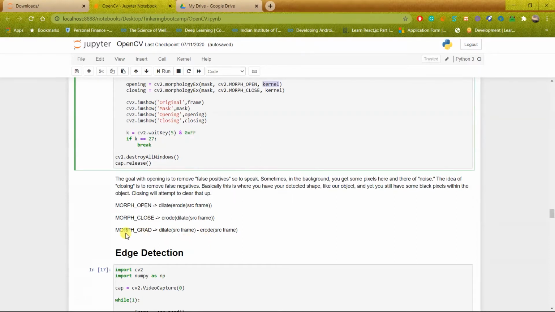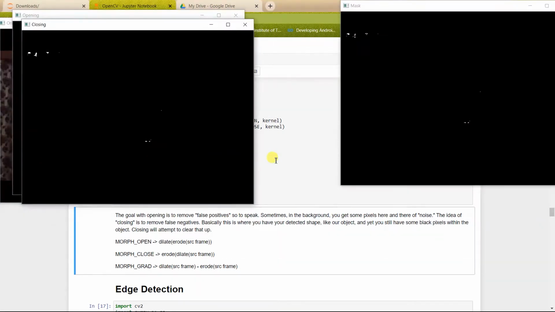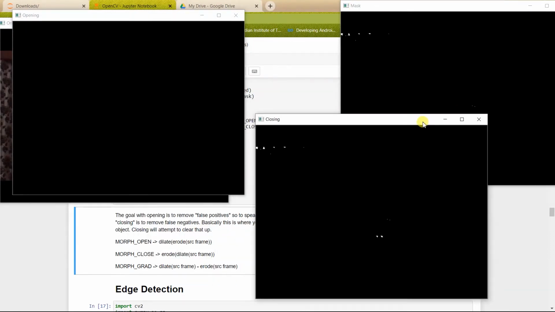Okay, and after that there is one more method, MORPH_GRADIENT. Grad is the abbreviation for gradient, and it will do this. First it will dilate, then it will erode, and then get an output by subtracting them. So most of the time we use MORPH_OPEN and MORPH_CLOSE in a pair, as we get an excellent output when we combine these two. So when I run this, you can see what the output is. So as you can see, I have labeled the tabs.